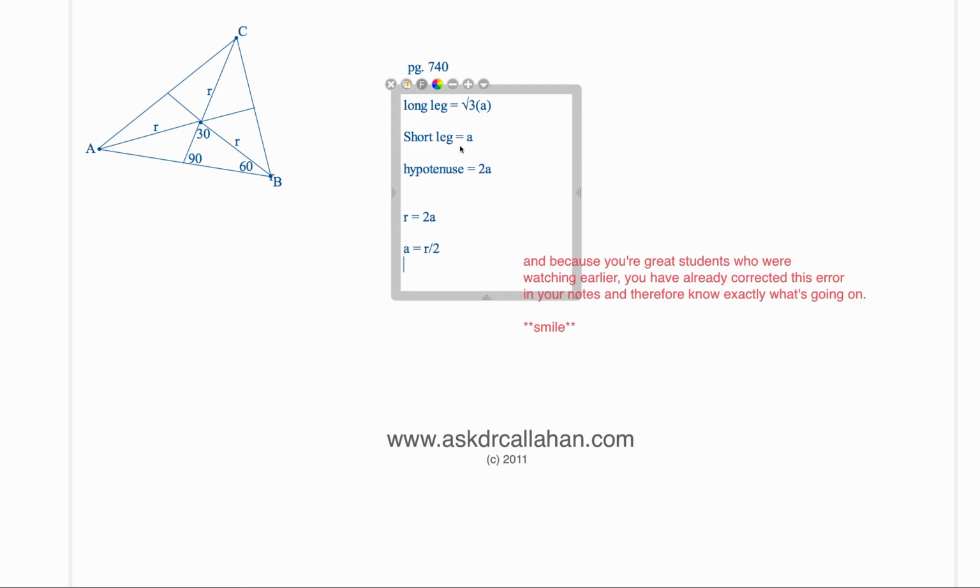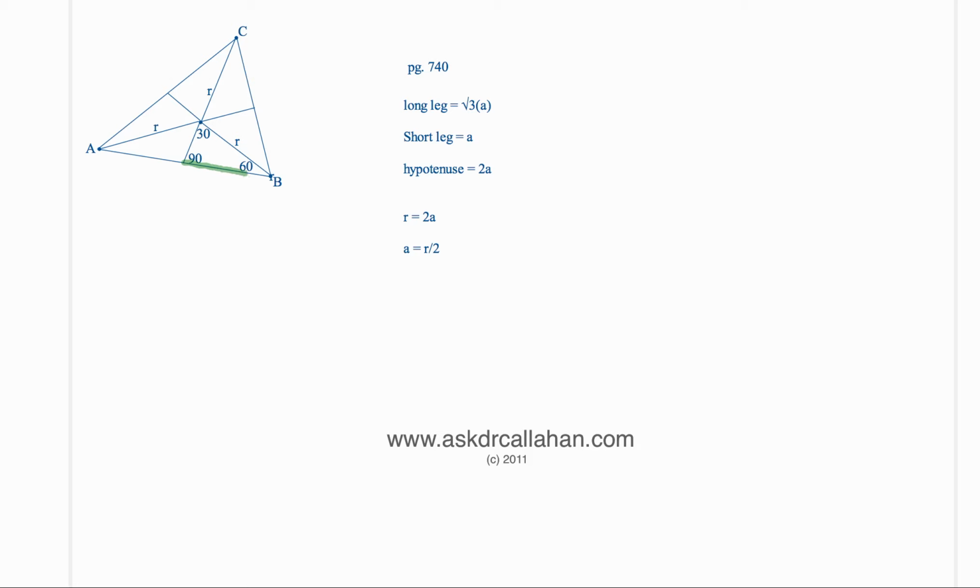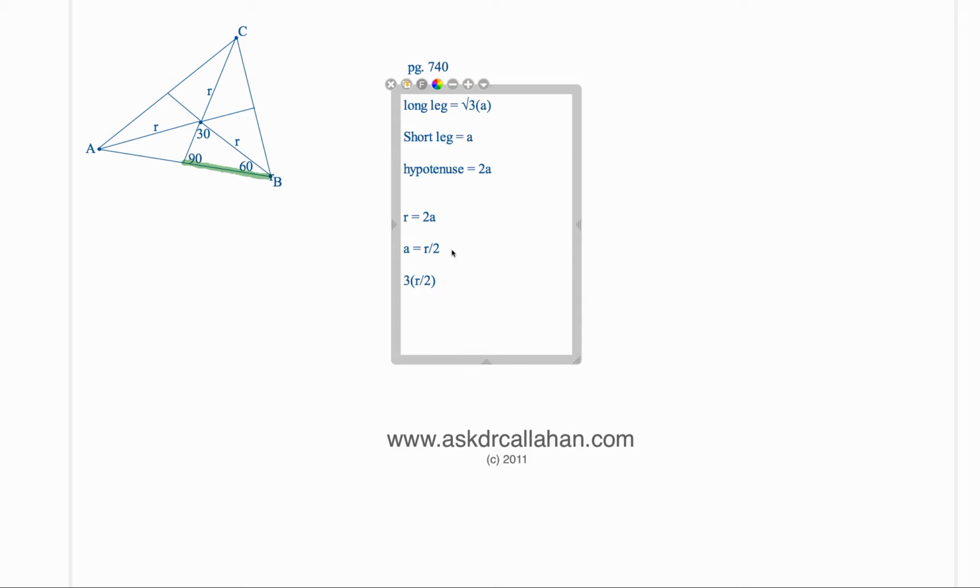Then the long leg of the triangle, let me highlight for you where that is. Okay, we're talking about this length right here. That's the long leg of the triangle. That is going to be equal to square root of 3 times r over 2, which is where your textbook picks up. And they say, okay, that's how they get